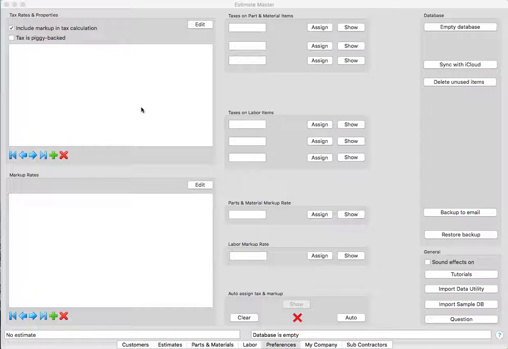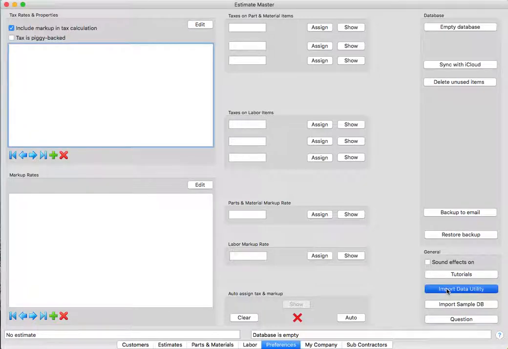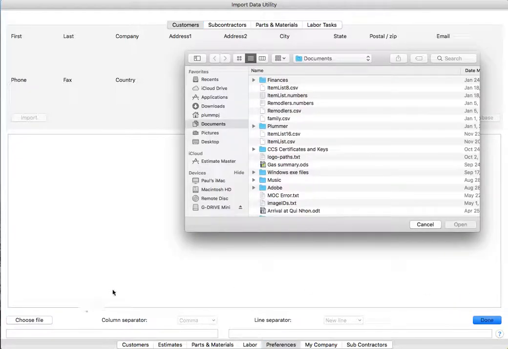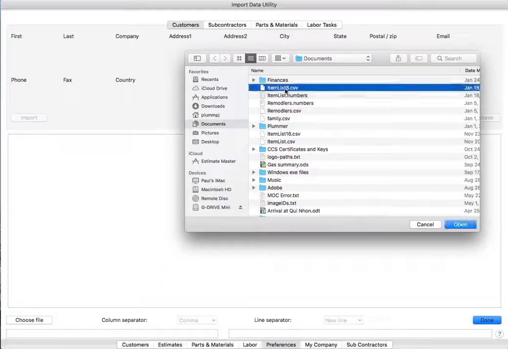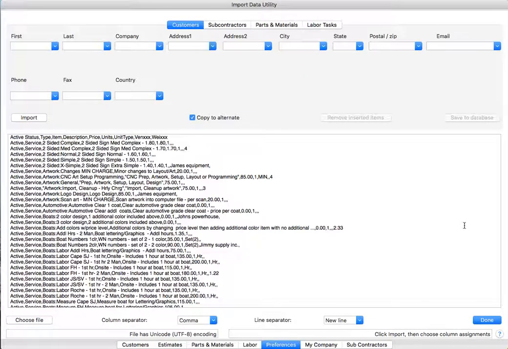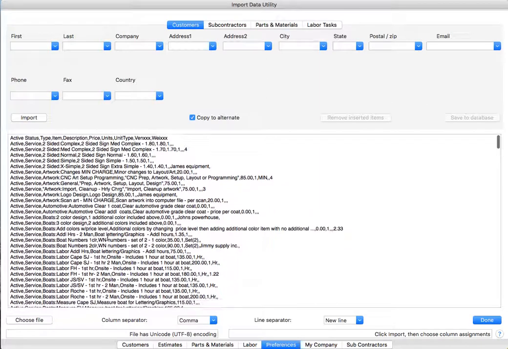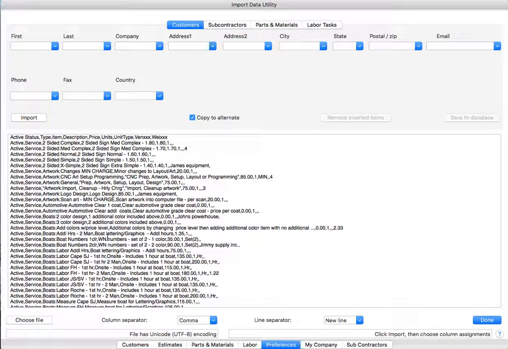Everything's blank. There's nothing in it. I'm going to click on the Import Data Utility button on the right corner. Now at this point, on the lower left, I'm going to choose the file with the import data. I'm going to choose this particular file. Click on Open, and this is the contents of the file. This is a CSV file, a .csv text file, which means it's a comma delimited file